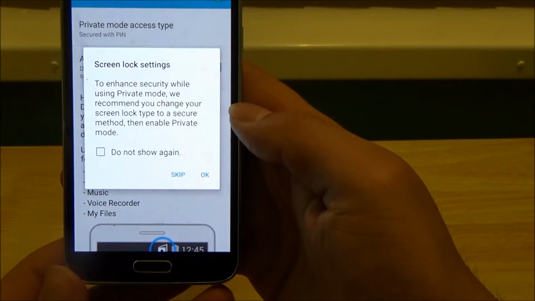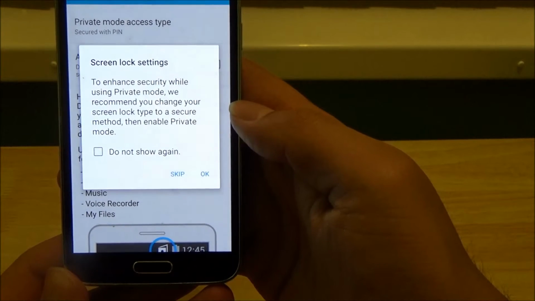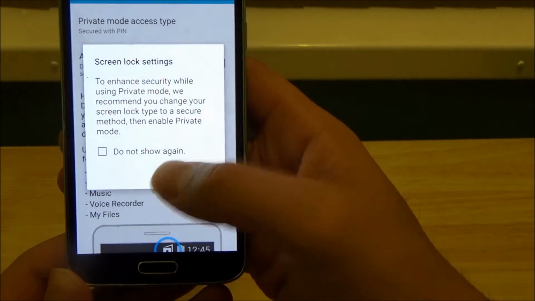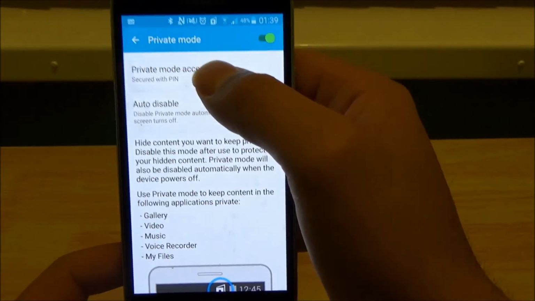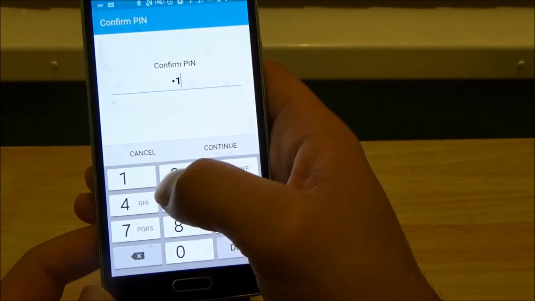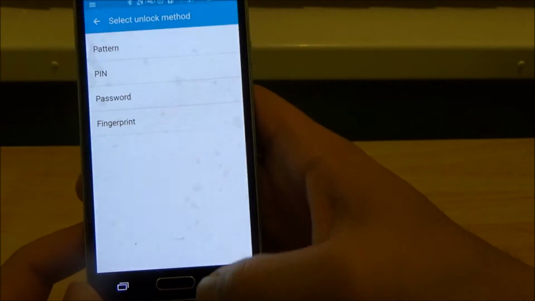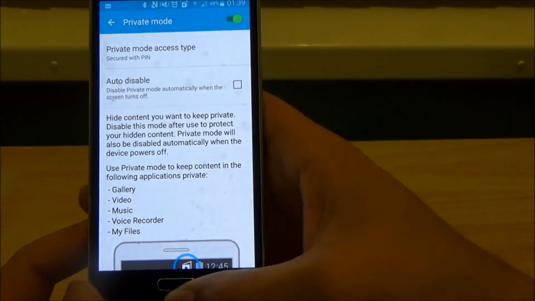there's another message, so it gives us the option to change my pin or even change the format to a password or a pattern, etc. But I'll click skip here, and you can also click here to change your pin, so it takes you to that screen, 1122, continue, and then you've got the option to change it from here. So if I go back now,